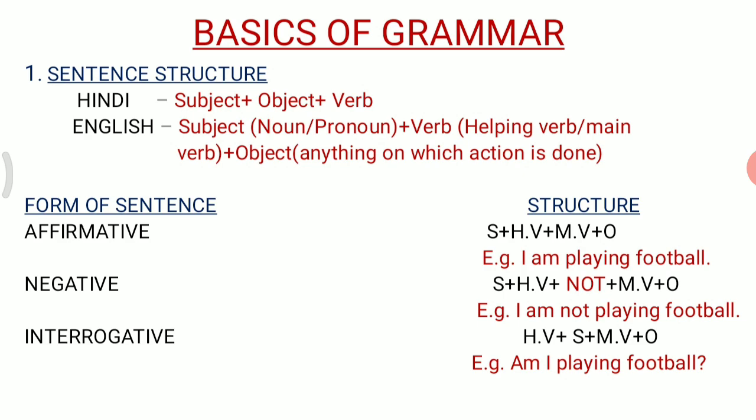This is really very simple. You can change any sentence into interrogative just by picking up its helping verb and placing it in front of the subject. Okay, but there are some cases where you need to use do, does, and did. That we will learn in tenses. So, basically speaking, when you speak any affirmative sentence, you can easily change it into interrogative. I hope it is clear till here.